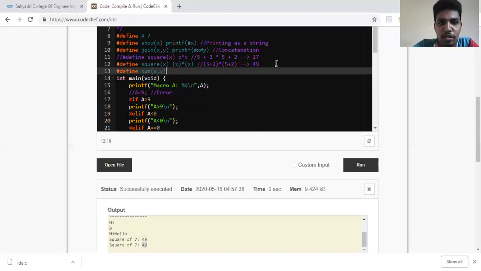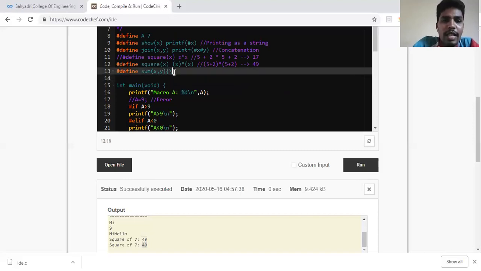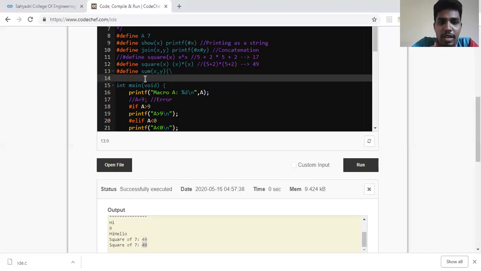Since it is a function, I'll be writing an opening parenthesis, and to indicate that there is another line continuing, I should write a backslash. And then the next statement. What is the next statement?